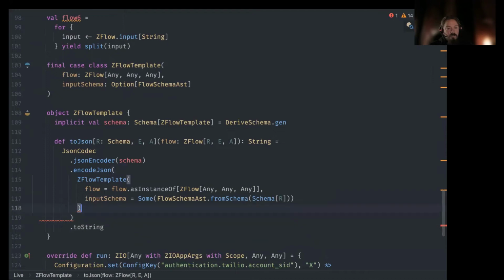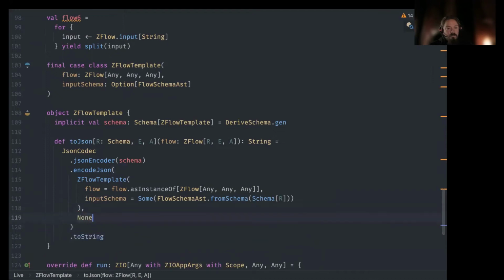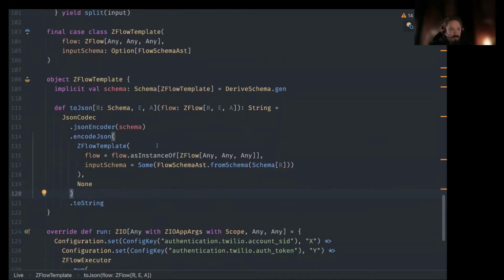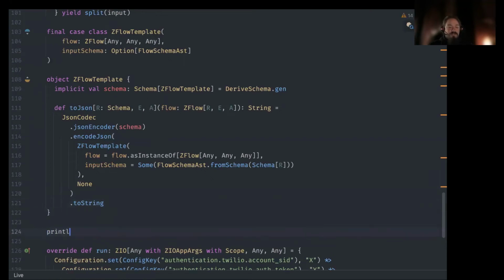What else? Yeah, this is a not very friendly API. It's not how in the final version you will call the ZIO Flow service, of course. Okay. Yeah, so we can just say, let's print this to